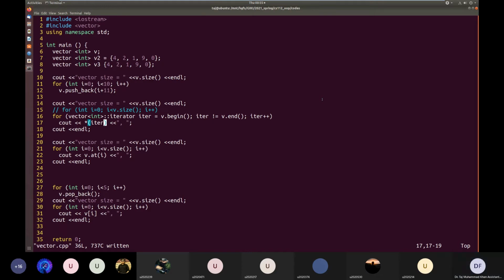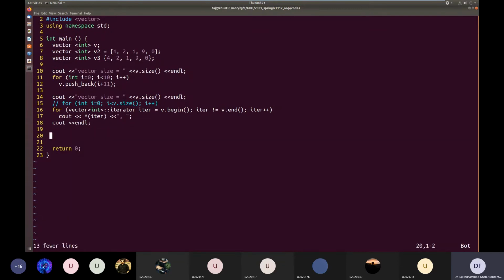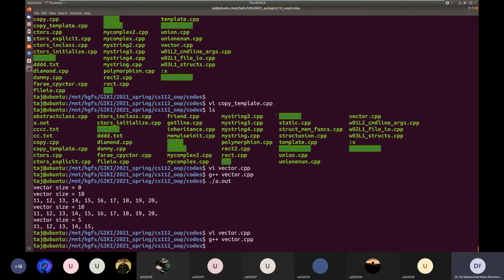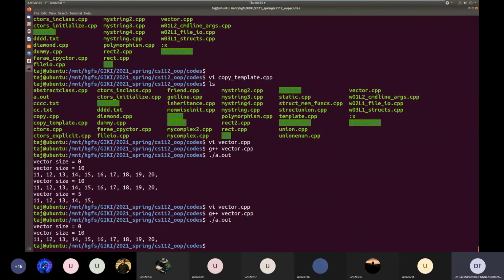So here let me print this and run this code. I'll remove the rest of the code to concentrate on this. So let us try to run. You see, we have traversed the vector, accessing each element one by one.